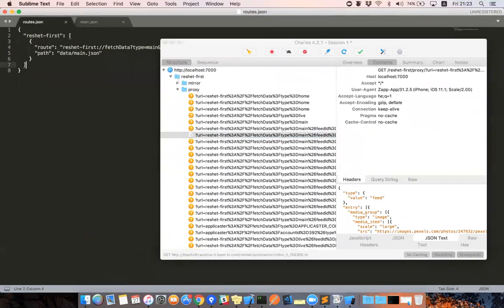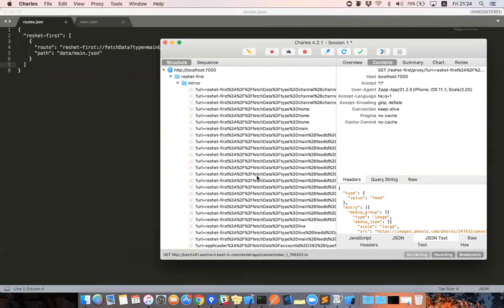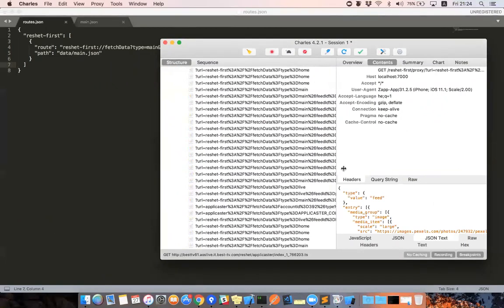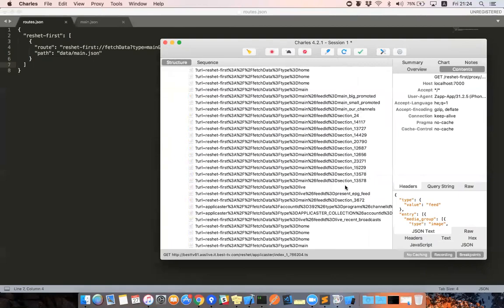Makes sense. But it means that inside of mirroring, I'm going to see all the routes with the content that return 404, except the route that the proxy intercepted. So here you can see that big promoted is not here anymore after